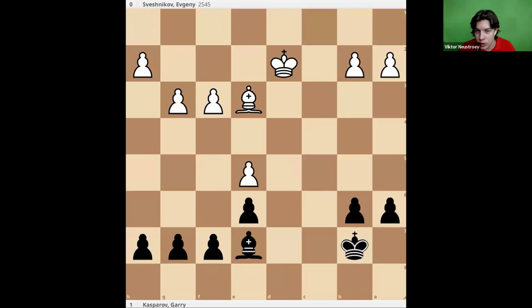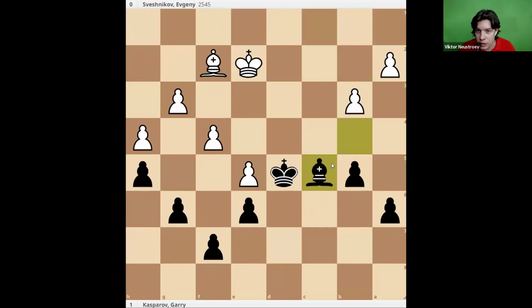position. So the first question was, can white capture on c5? No, they cannot. If they captured on c5 in the game, this is how Sveshnikov lost. Let me show you what exactly happened. But before I show it, I'll tell you that after bishop e3, white was able to save the position. For example, if the bishops are exchanged this way, then there is